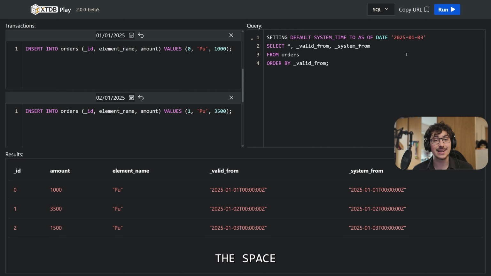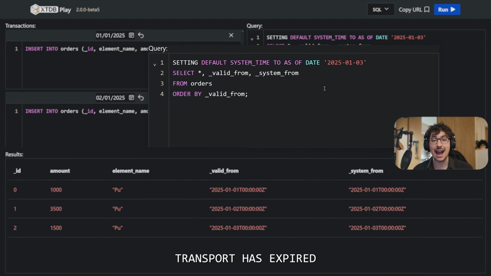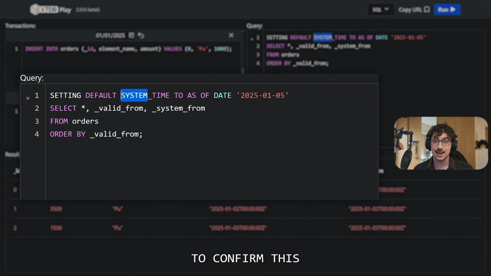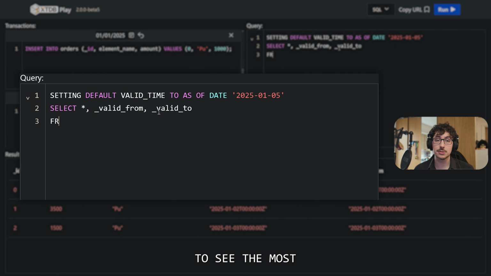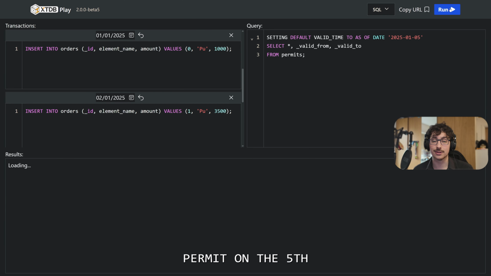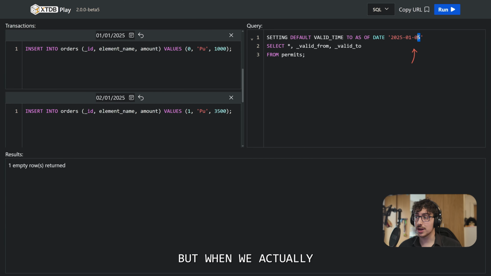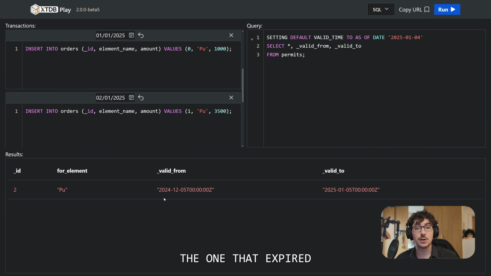Oh no, the space inspectors are back again. They've told me that our permit for plutonium transport has expired. To confirm this, let's check our permits table to see the most recent valid permit on the 5th. I'm not seeing any active permits, but when we actually check for the 4th,